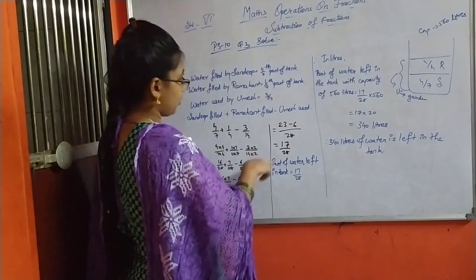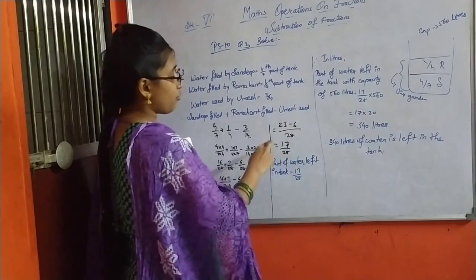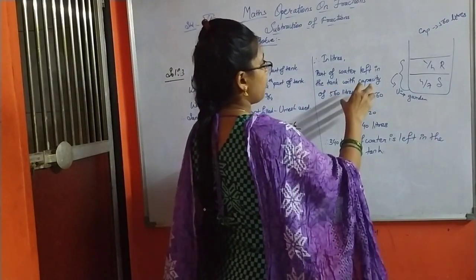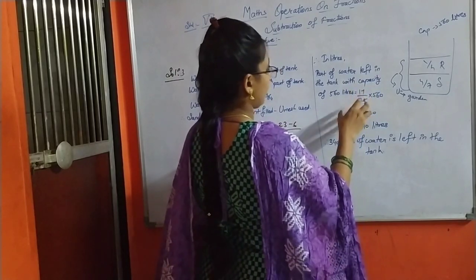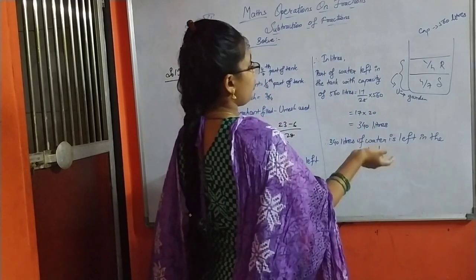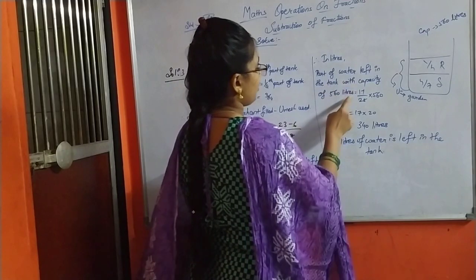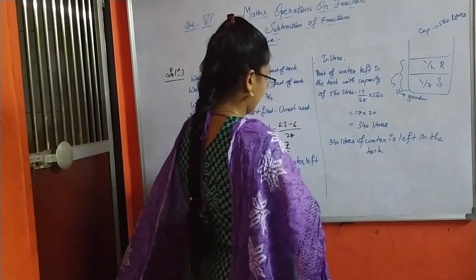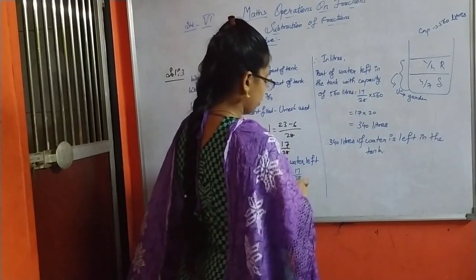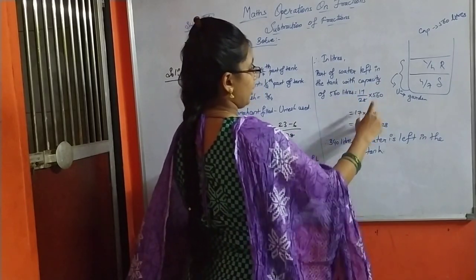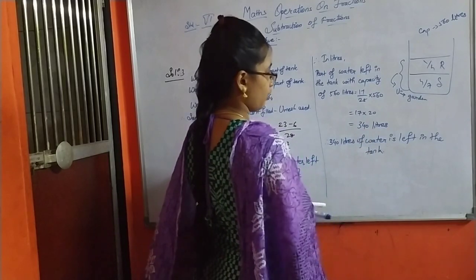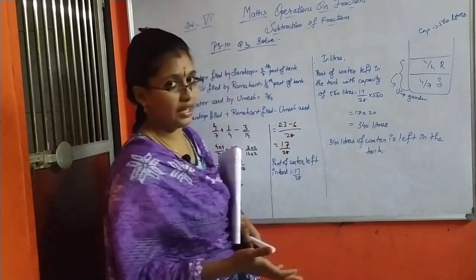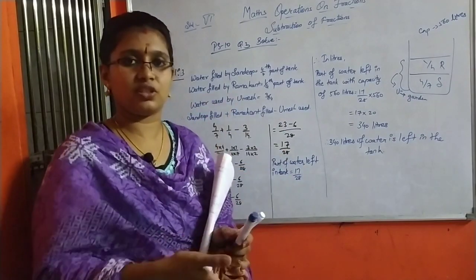When we got the answer here, this was the fraction form of water left in the tank, but we need to find the water left in the tank in the form of liters. So the total capacity of water in the tank is 560 liters. To get the actual water left in the tank, I multiplied 560 into the fraction we got, and after dividing and multiplication I got the answer as 340. So the answer is 340 liters of water is left in the tank after having all these actions.